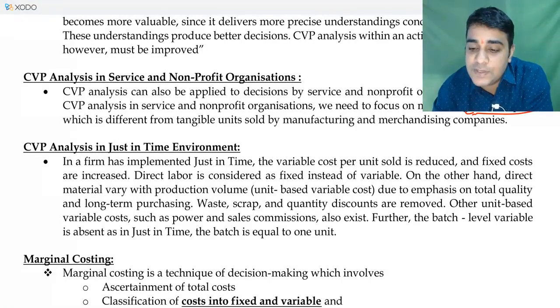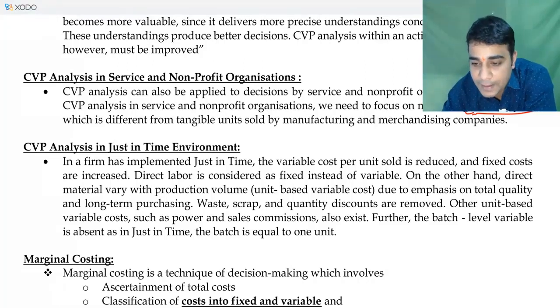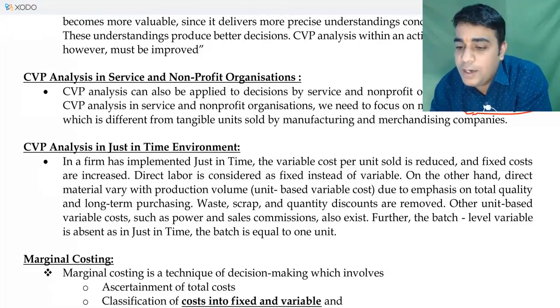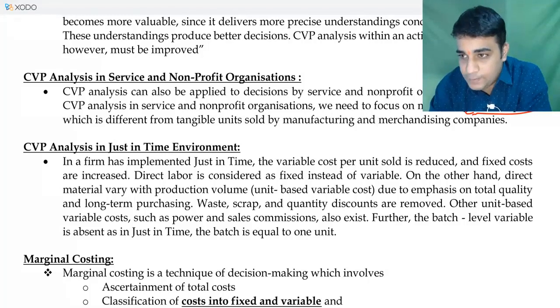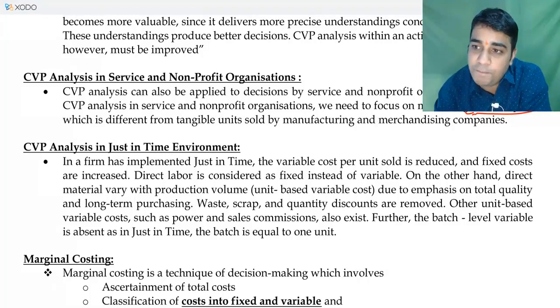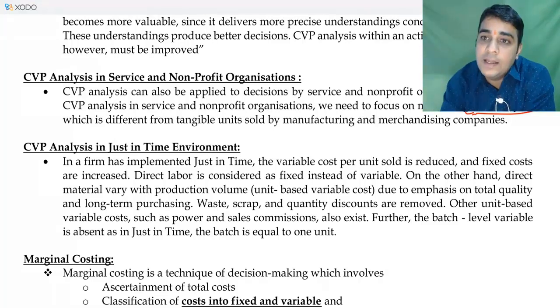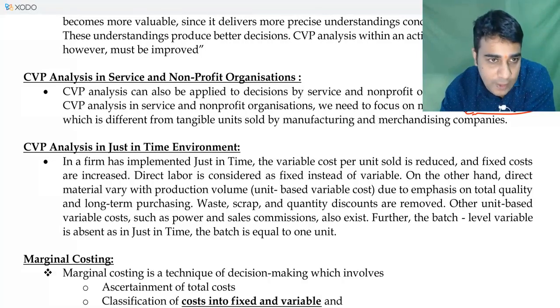Just-in-time is a concept which is extensively used by automobile companies. If you have worked in the practical world, if you have seen any audit of an automobile company, or tried to analyze most of the auto OEMs, next to them you will see a lot of players, a lot of auto ancillary companies. What are auto ancillaries? They supply the parts to the auto OEM manufacturer.